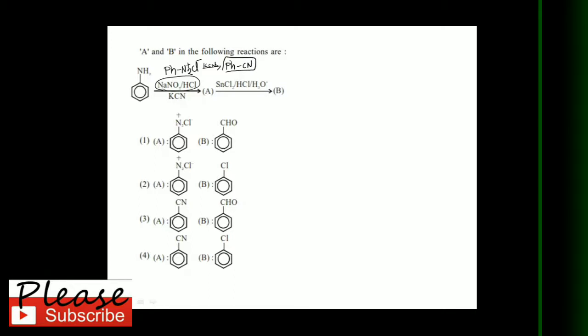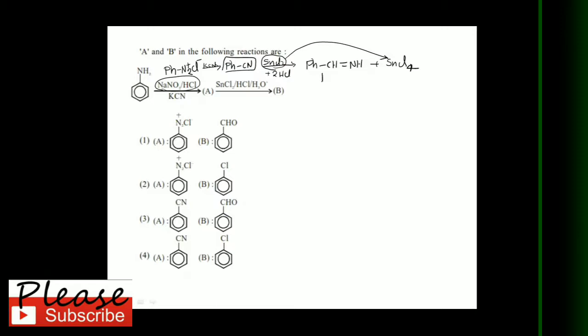Now this phenyl cyanide on reaction with SnCl2/HCl followed by hydrolysis is actually a Stephen reduction. SnCl2 plus 2 moles of HCl, here we will get PhCH=NH plus SnCl4. Here SnCl2 is a reducing agent. It is a Stephen reduction reaction. So SnCl2 is oxidized to SnCl4, that means Sn2+ converted to Sn4+.